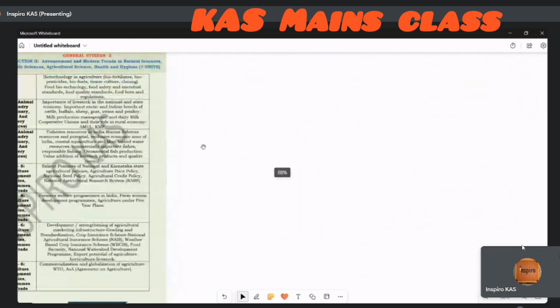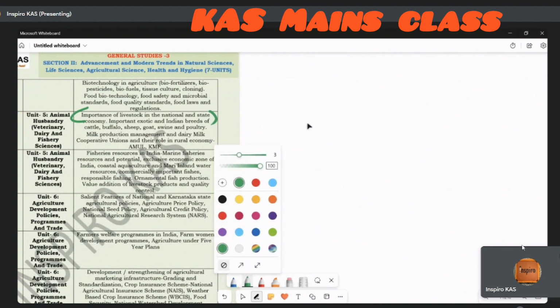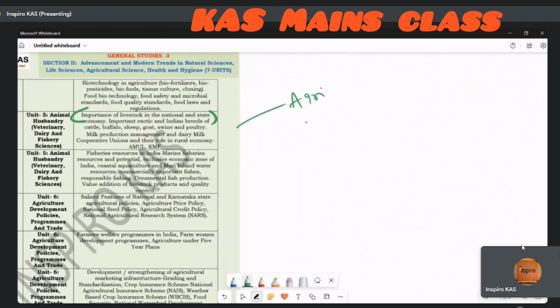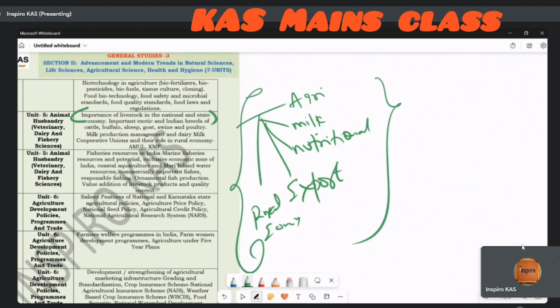Now say, for example, the importance of livestock in the national and state economy. See, usually what we see is that the answers will be like, they support agriculture, or they provide year-long milk production, or they provide nutritional support for everybody, and then they'll say it is export oriented and we can get export earnings, or it will support the rural economy. Fair enough, these are not wrong answers, but what stands apart is this: